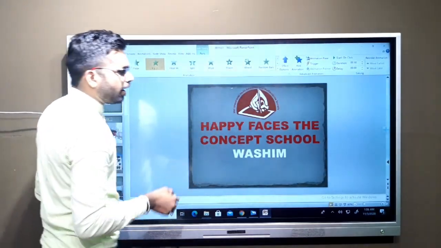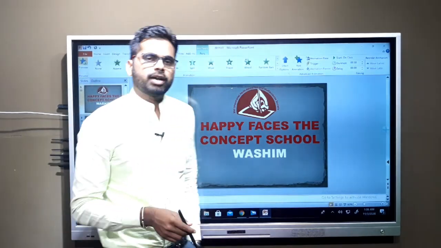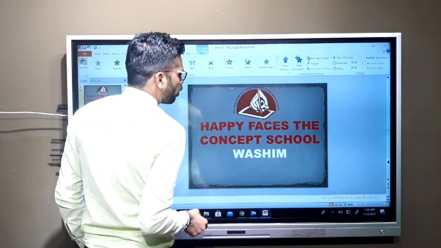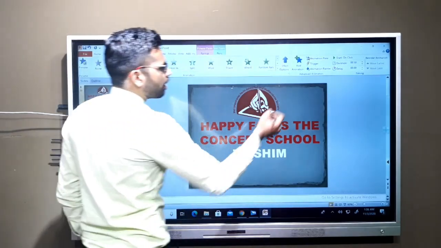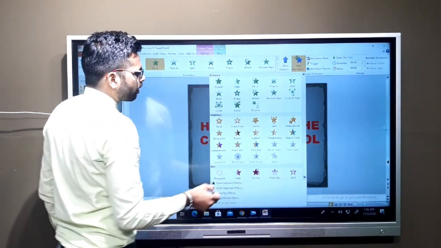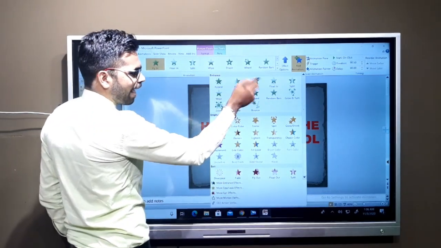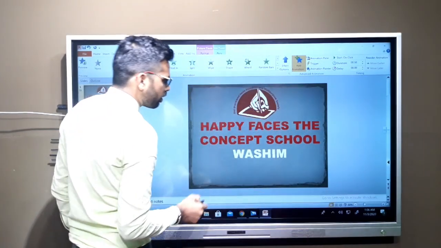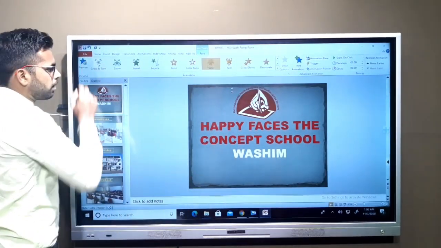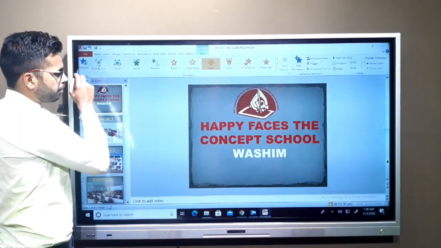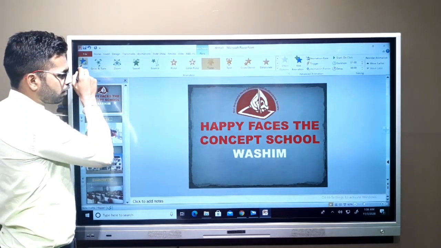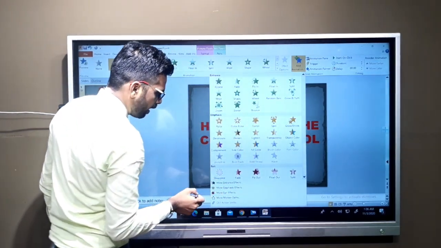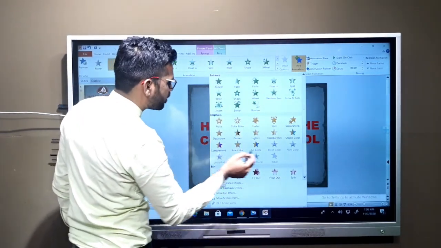Okay, you can add more than one animation effect to a single object. For that, select the object and add animation. Before we add the fly in animation effect, now add, and then we add the exit animation effect.